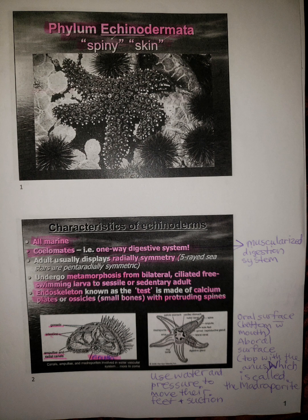The side of these creatures with a mouth is known as the oral surface, and it's on the bottom. The digestive system has a muscularized mouth and an anus, which is on the top, known as the aboral surface. They undergo metamorphosis from the bilateral, free-swimming, ciliated larvae to sessile or sedentary adults. They have an endoskeleton known as the test, which is made of calcium plates or ossicles, small bones, with protruding